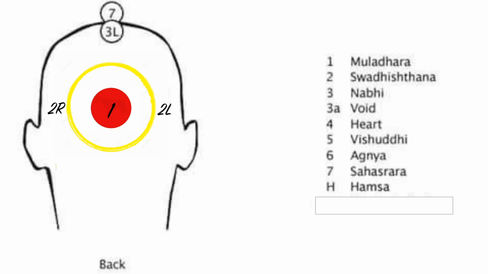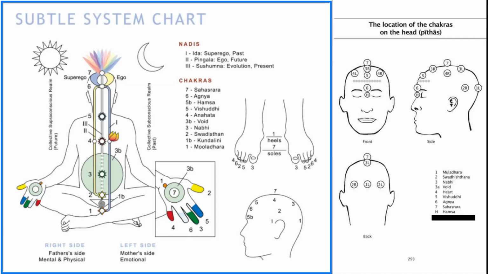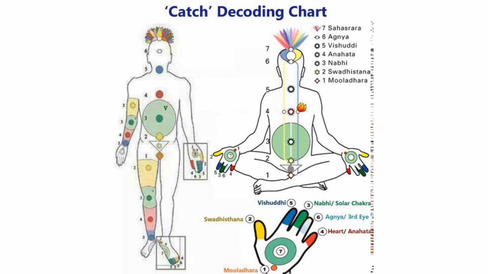And also on the head, the right Swadhisthana chakra is on the left side of the head, because the right channel crosses at the level of the forehead and goes to the left side of the body. It is mentioned by the number 2R, that is the right Swadhisthana on the back of our head. These are the overall reflections of the right Swadhisthana in our body. And also, if we feel the right upper arm and the right thighs, that is also an indication of the right Swadhisthana, and this is how we can decode our catches.